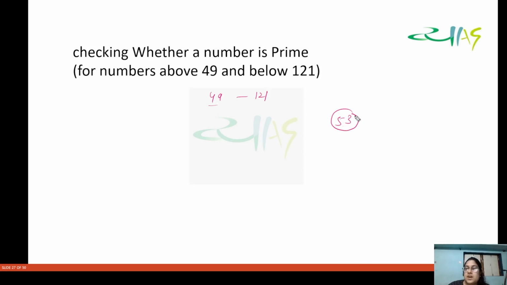53 है तो 53 किस किस के स्क्वायर के बीच में आता है? 7 का स्क्वायर इज 49 एंड 8 का स्क्वायर इज 64। सो डेफिनेटली इट विल लाई बिटवीन हियर, तो हम 8 से नीचे चेक करेंगे। सो 2 से डिविजिबल नहीं है, 3 से डिविजिबल नहीं है बिकॉज 5 प्लस 3 इज 8 एंड 8 इज नॉट डिविजिबल बाई 3। 5 से डिविजिबल नहीं है। ओके, 7 से डिविजिबल हमको पता है ये नहीं है, 7 की टेबल में नहीं आता कहीं भी।